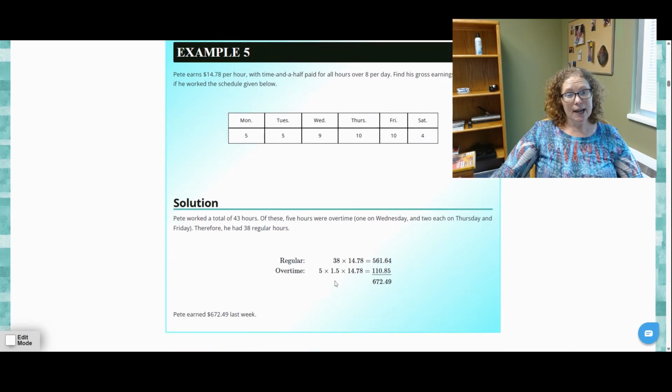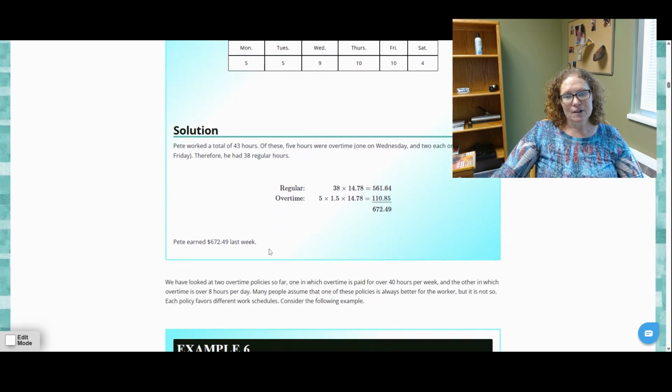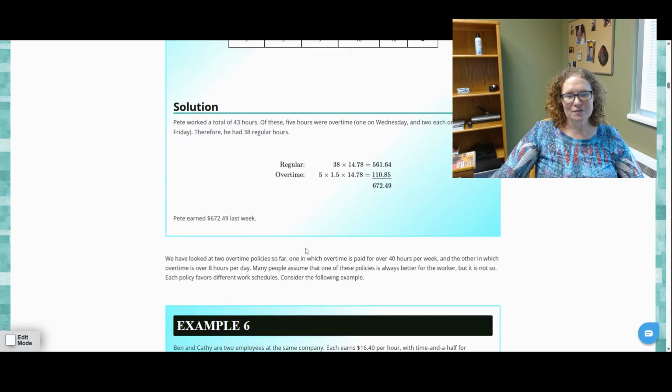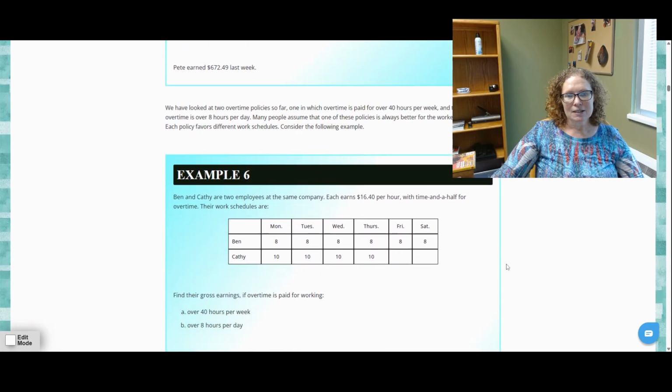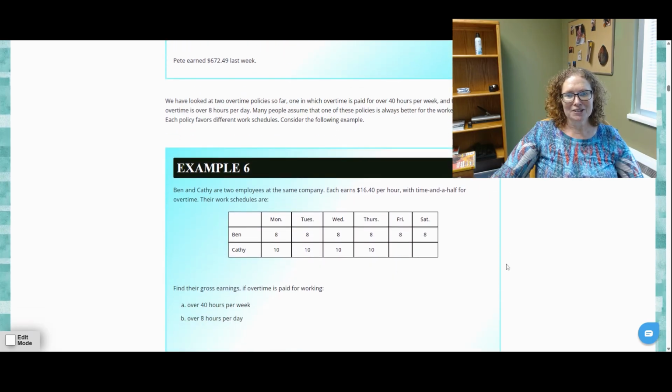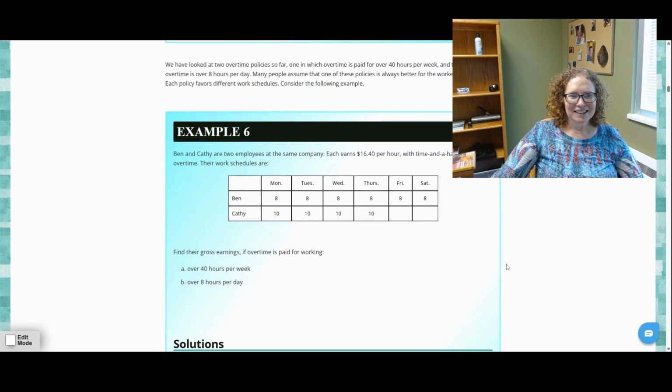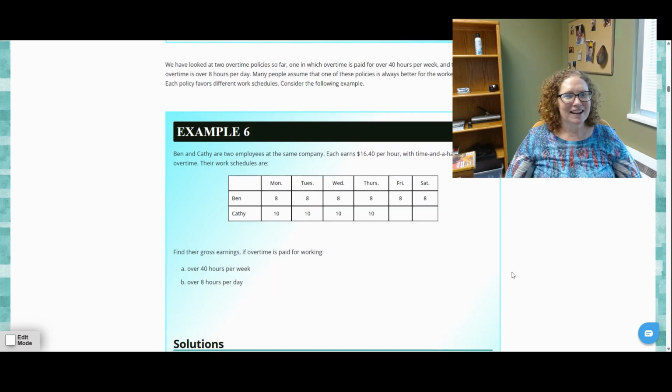So we've got 38 times 14.78, which gives the regular pay. And then we've got 5 hours at his overtime rate, which would give us the 110.85, which would give us the rate of $672.49. Okay, so we're going to do another one. We're going to look at,